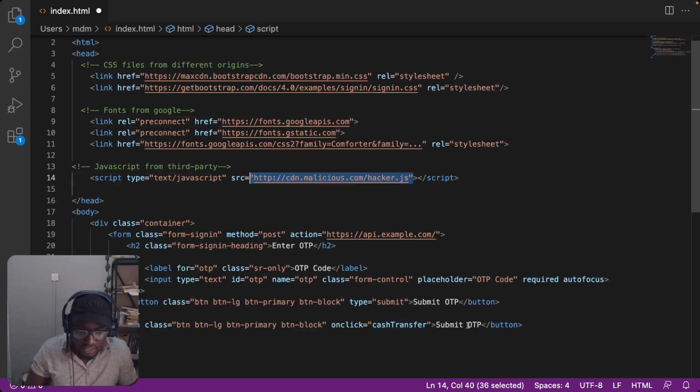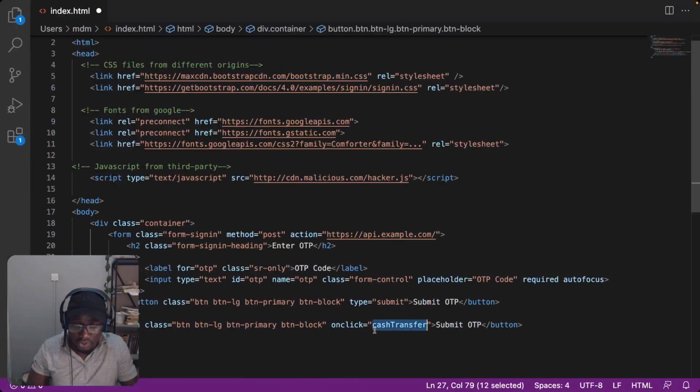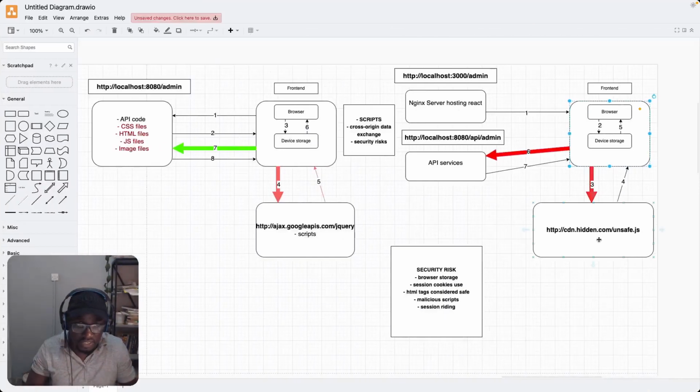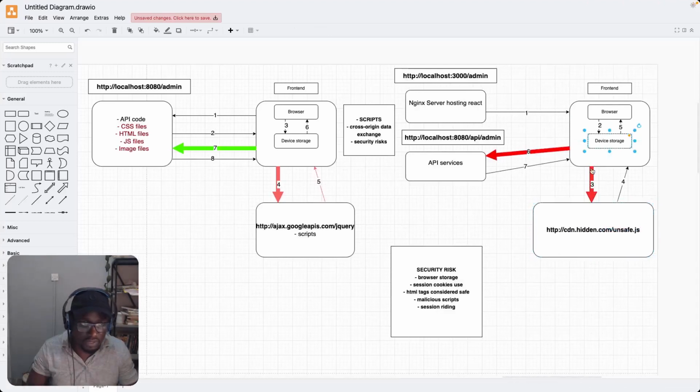And when the user clicks that button somewhere and this method is triggered and it knows how to communicate to the API, so assume whatever we've put here is a script that came from this third party, all right? Whichever the case, the script is already in the browser and it has tricked the user to click a button. And then the cash transfer method has been invoked from here. And that method knows how to communicate with the API and it understands the API